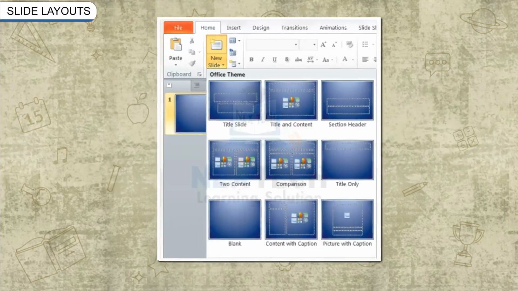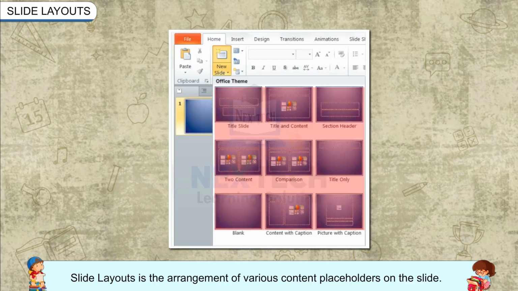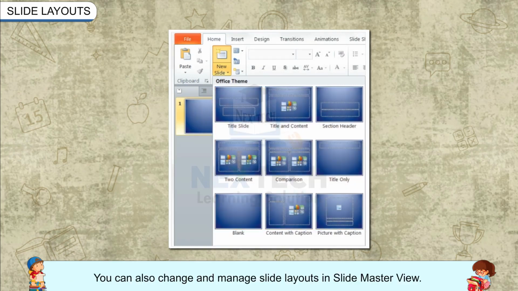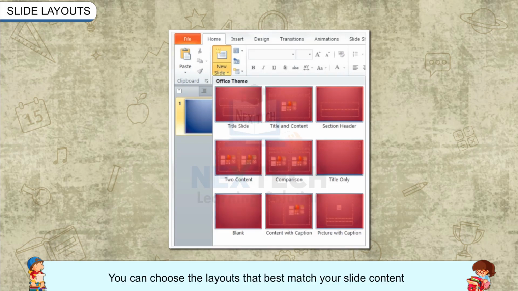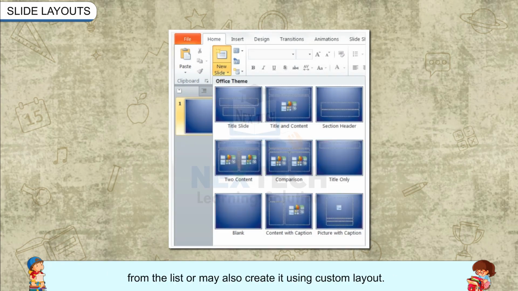Slide layouts. Slide layouts is the arrangement of various content placeholders on the slide. You can also change and manage slide layouts in Slide Master View. Every theme has several well-defined slide layouts. You can choose the layouts that best match your slide content from the list, or may also create it using custom layout.